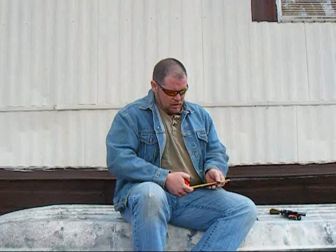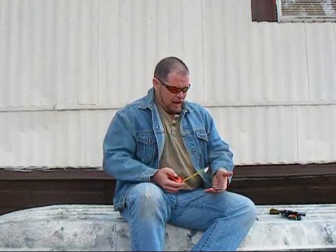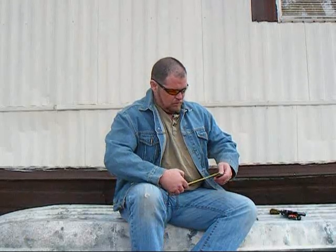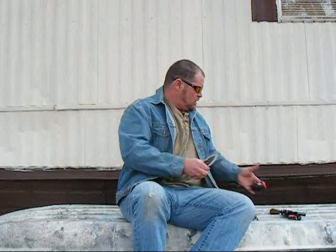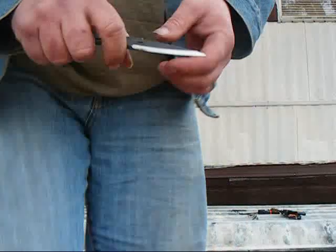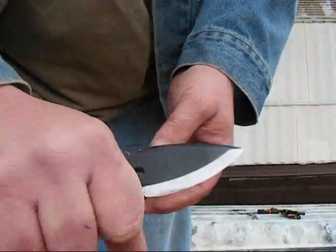We're looking at almost 5 3/4 of an inch total length on that, and at its widest point it's 1.5 inches, with, my hands are shaking because it's chilly out here, y'all, about a 2 3/4 inch long total blade area. I know you're looking at, there's not much handle there if you're just using it like this, but